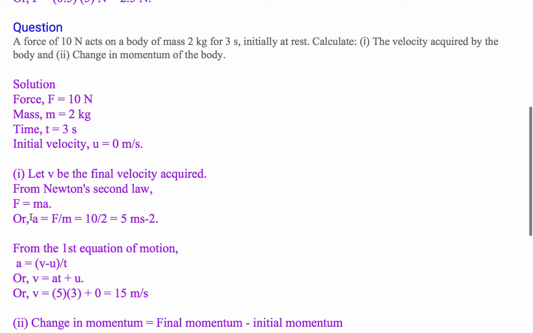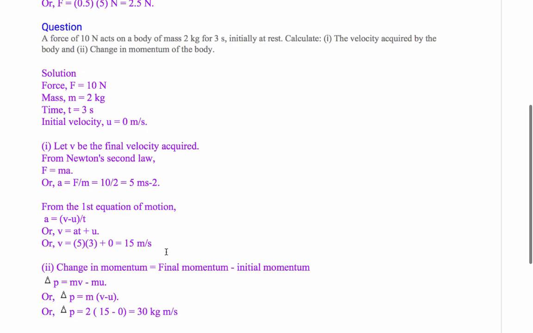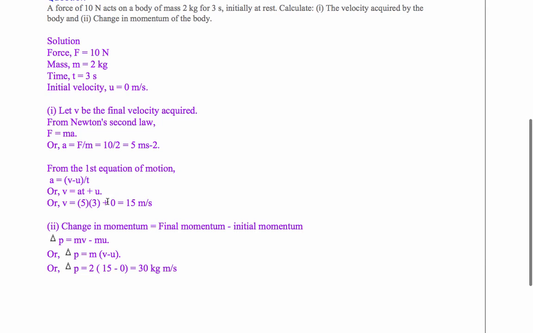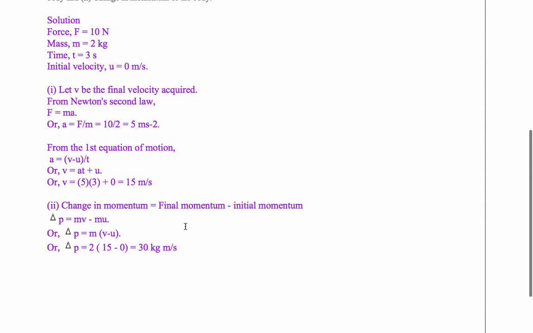Now once we got the value of the acceleration, 5 meter per second square, we will put it in the first equation of motion. If you remember, in the last chapter we did 3 equations of motion. This was the reason why I have taken that first. From the first equation of motion, v equals u plus at is the formula. U, initial velocity is 0 because the body was initially at rest. This was given that the body is initially at rest. So u equals 0 we will put. A, we calculated 5 and time taken is 3. So 5 3s are 15. We get the final velocity of the body as 15 meter per second.